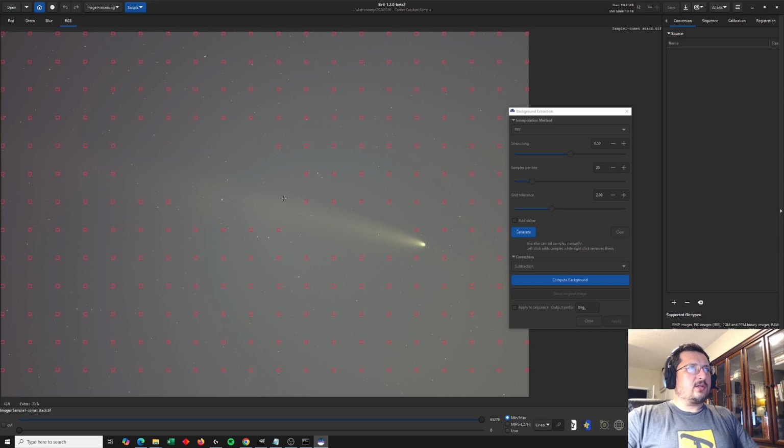Let's just right-click to get rid of some of these spots. So let me just quickly walk through this. Background extraction evens out gradients and other artifacts in your background. It kind of normalizes the background. You run it by clicking Image Processing, selecting Background Extraction, and then clicking on Generate to generate this grid. Now the grid is what Siril considers the background. If something is not background, like a nebula or a comet, then you simply unclick those grid points. Once you're done, click on Compute Background,